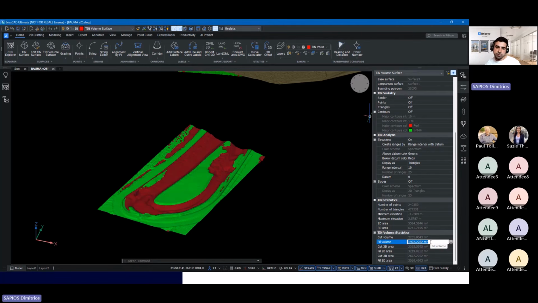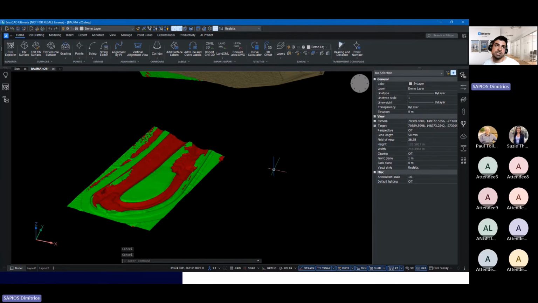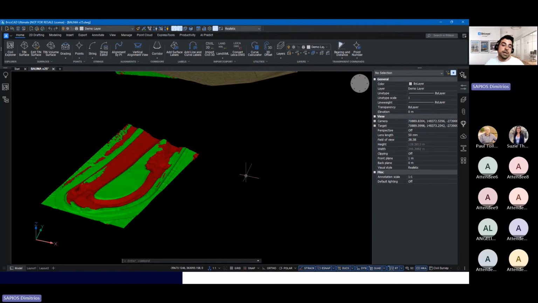So this is my deliverable. You can of course use those values as I see them and copy them. But in BricsCAD we can use a data extraction tool to create a nice little table on top of my grading and my volume surface. So by using the command data extraction,